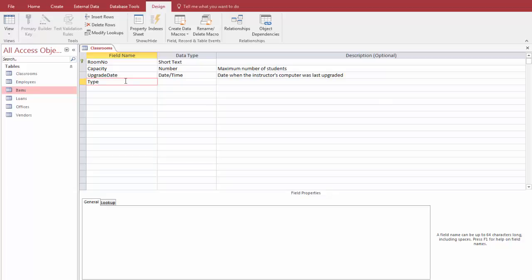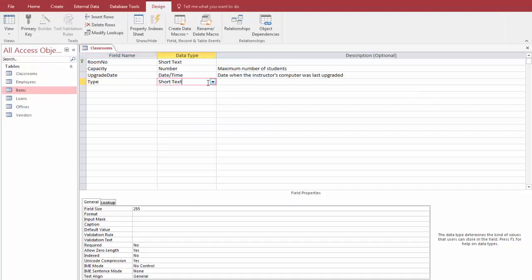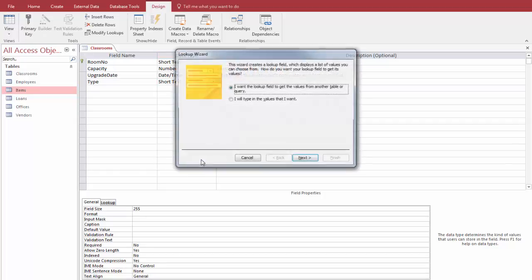Here we are going to specify the type of room that we have. So we are going to use the lookup wizard, and we are going to create a list in that lookup wizard. So instead of short text, we're going to do lookup wizard,